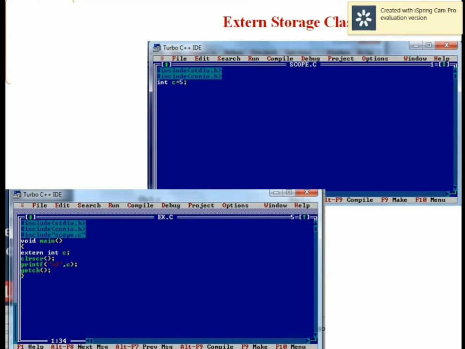So next is the external storage class. External storage class means global storage class, or extern. So the keyword for this is extern, right? The default initial value is 0. The lifetime is till the program terminates its execution, and its scope is throughout the program, or it can be accessed